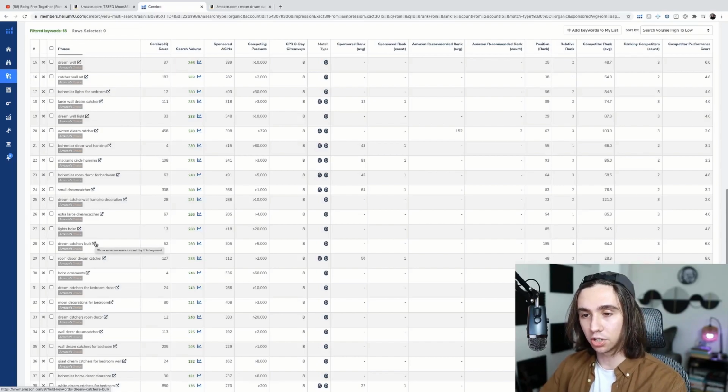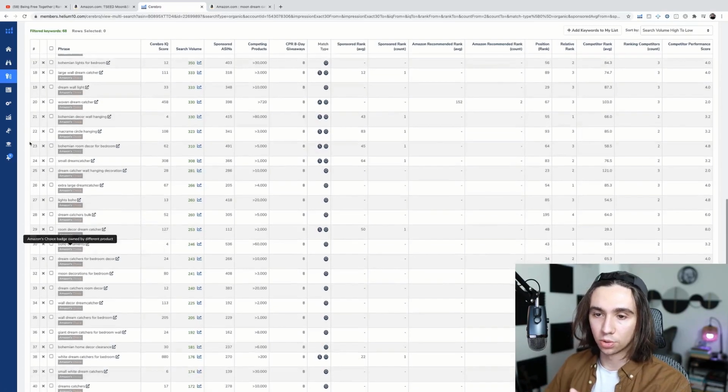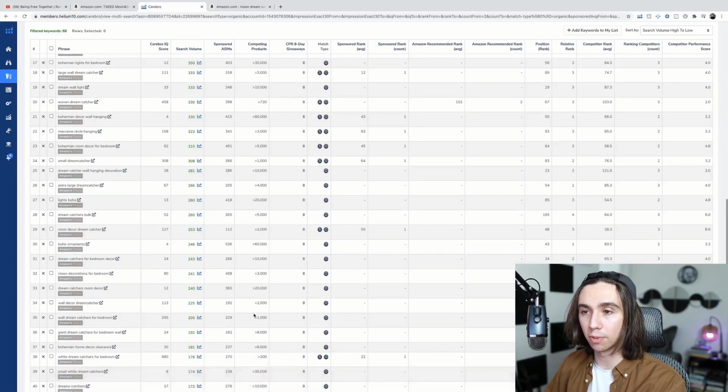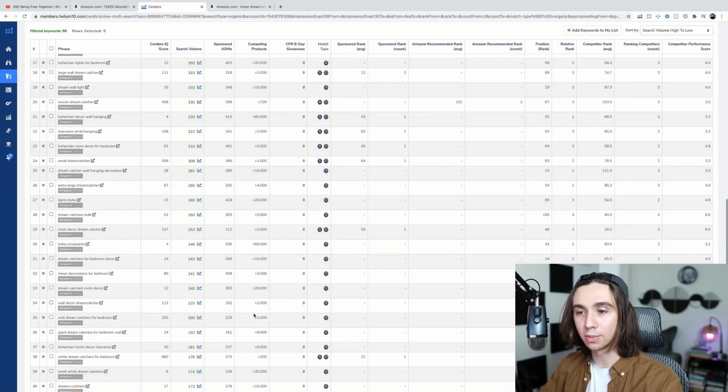Be careful with these. Don't just start going super aggressive with all of these, because some of them are going to be a little bit random. So maybe I'll take 25 through 50, and then I'll put that in a campaign with lower bids and see how they perform, and slowly ease into them and try and rank for those. But these are the keywords that often get overlooked, and we can use a tool like this to pull them out, where most of the time we're not going to be focusing on these. We're going to be focusing on the top 10 or 15 most popular ones, and you could be spending that time and energy ranking for a ton